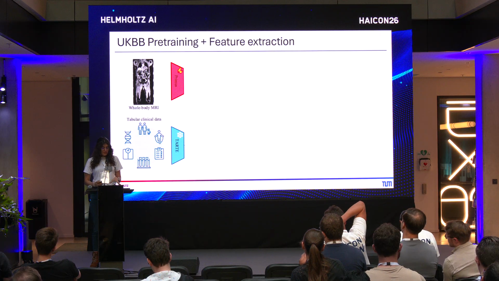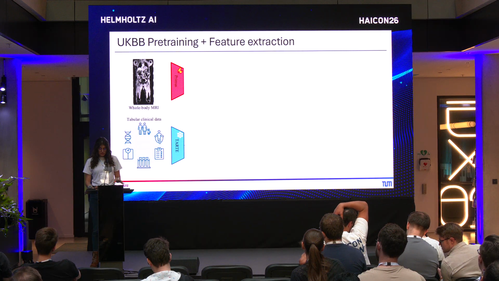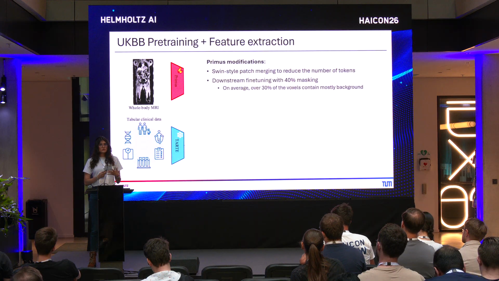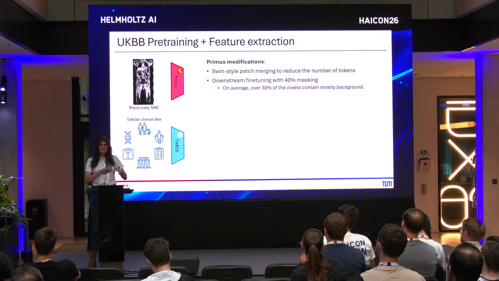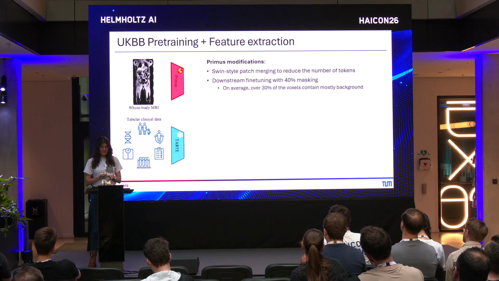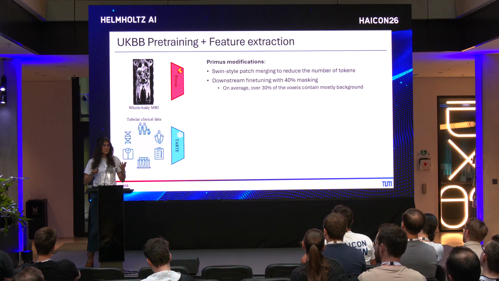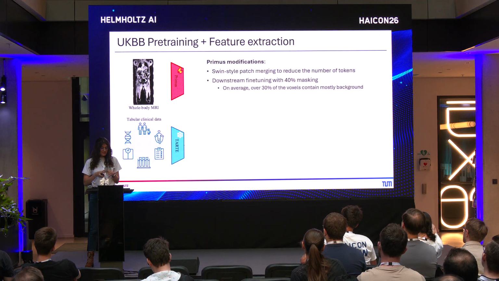And for the imaging data, we had to do some modifications to this backbone because same as most 3D imaging backbones, they are not designed to take these type of massive images. Typically, you just extract patches from the images. But here, since we want to do classification and we want to look at the entire person at the same time, we had to adapt them by first adding some patch merging strategy to reduce the number of tokens that the transformer receives, and also taking advantage of